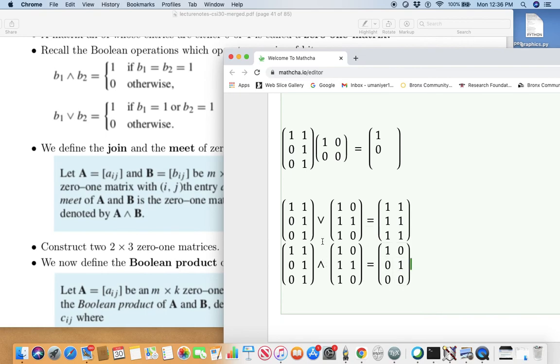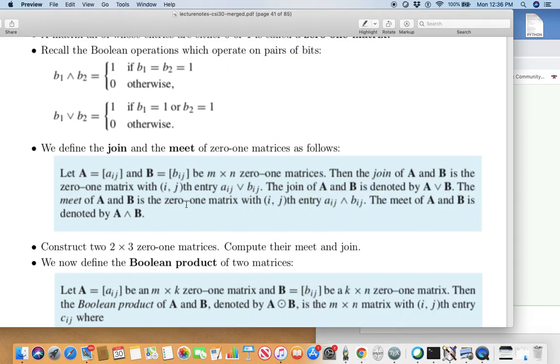So you know the meaning of join, you know the meaning of meet, you know the meaning of a Boolean product. Okay. So that completes